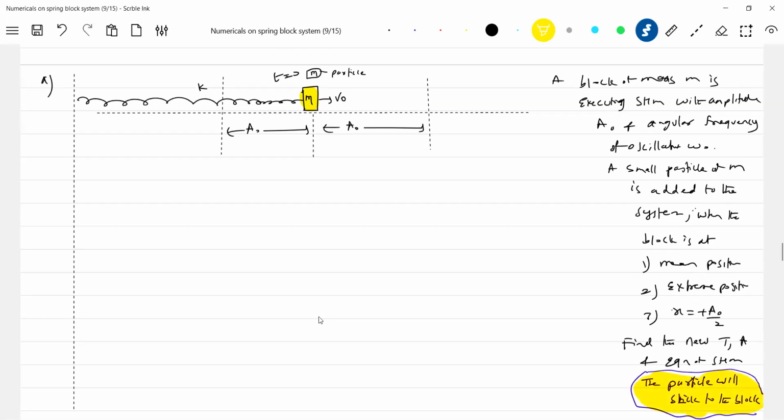Okay, let's get into the concept. So initially, what is the time period? The time period is given by whatever the initial amplitude is, A naught. So what is the initial time period? It is given by omega naught, which is root K by M. That's all. So after adding mass,